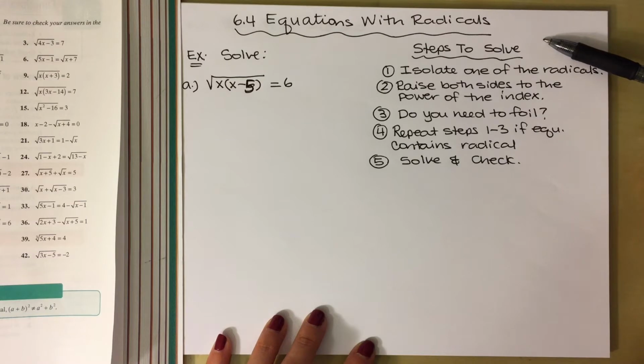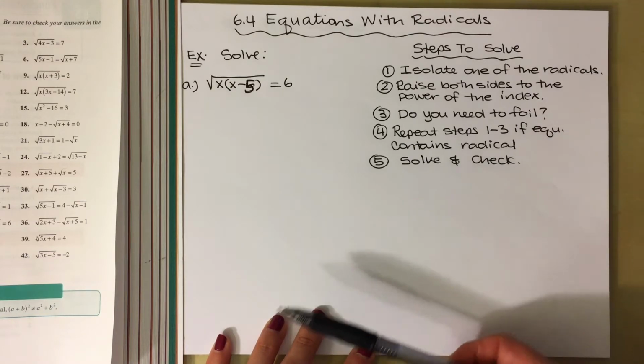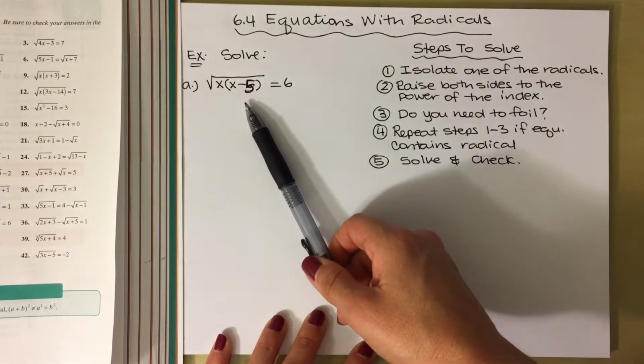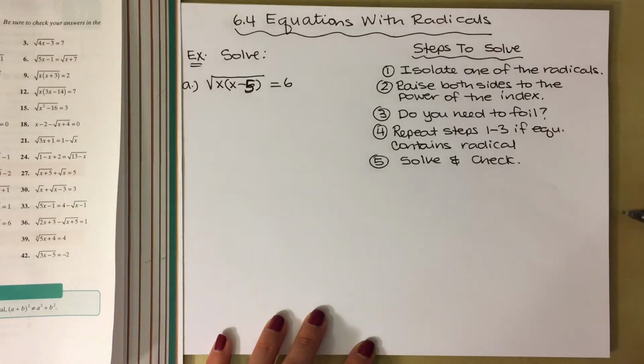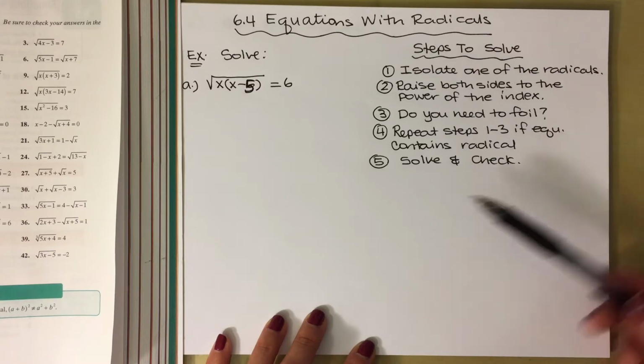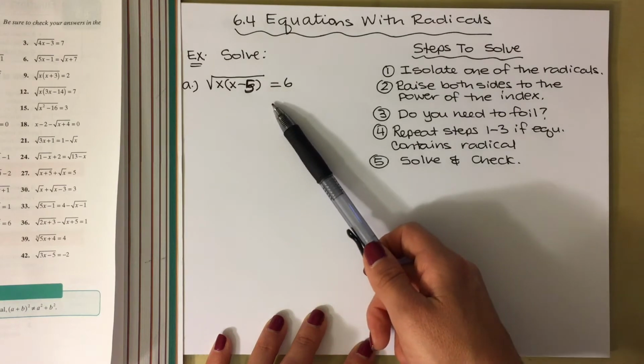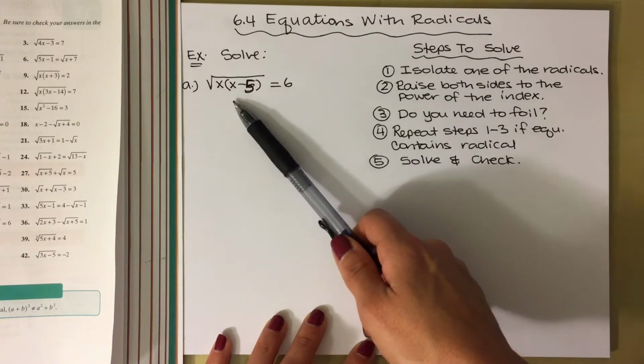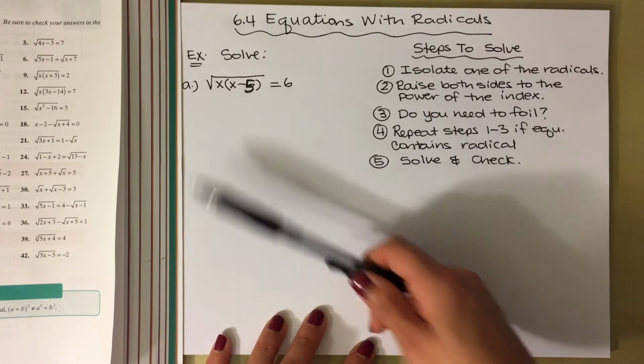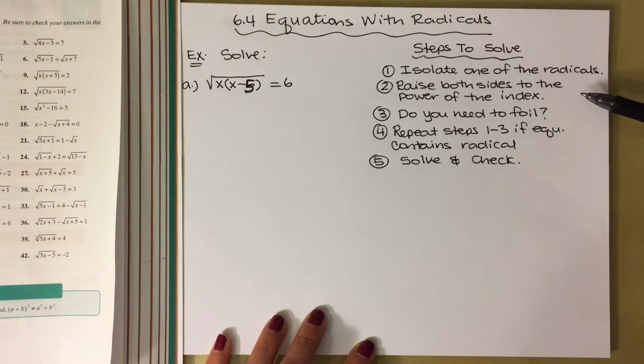The equations in this section will contain at least one radical. The first thing that we want to do is isolate one of the radicals on one side of the equation. For this example, we already have the radical isolated, so we just go to step 2. Raise both sides to the